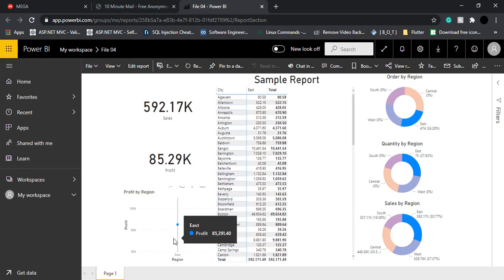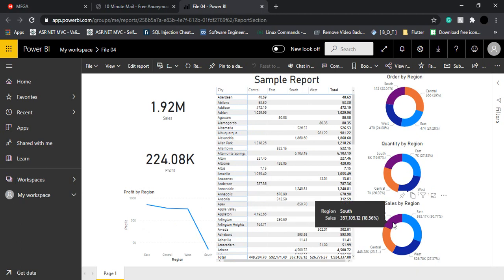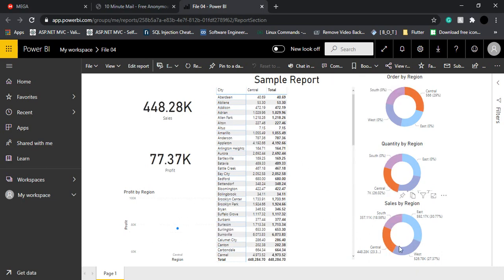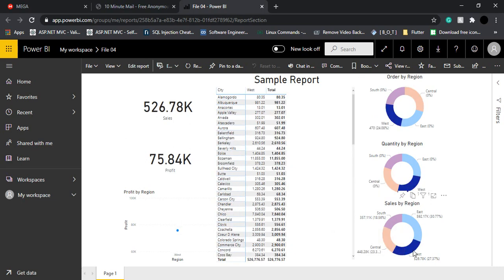This line chart is distorted right now, but I get the profit for the East region, which is 85,291. If we click out, all of the regions are there, and if we click on South, we get everything about the South region. Similarly, we can go with the Central region, the West region, or any region that we want. This means that this report is interactive as well.